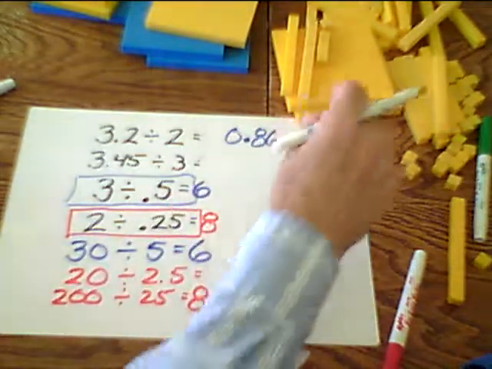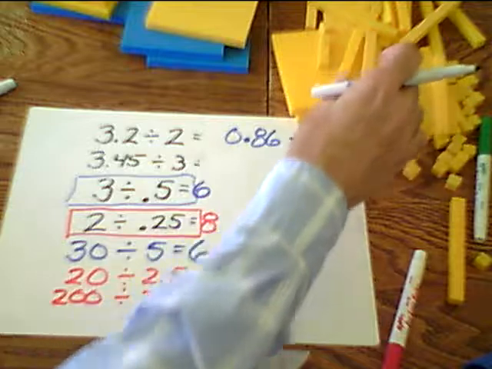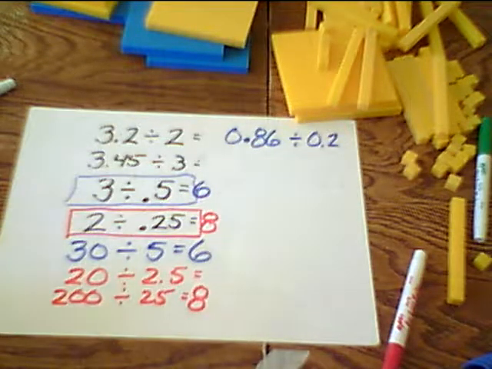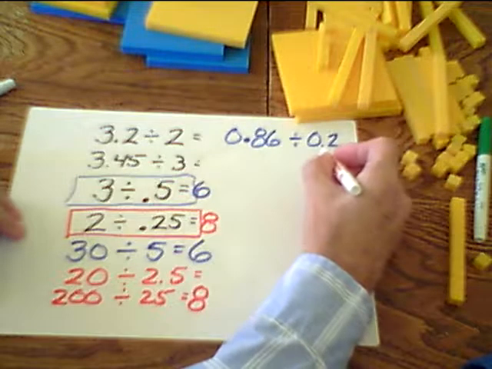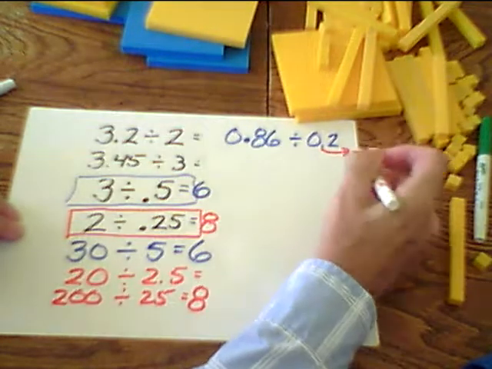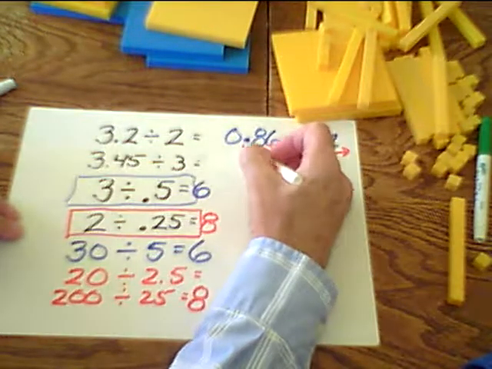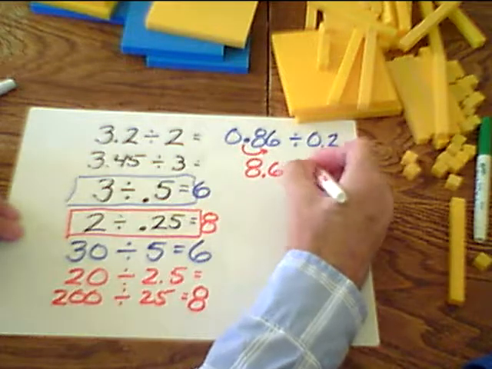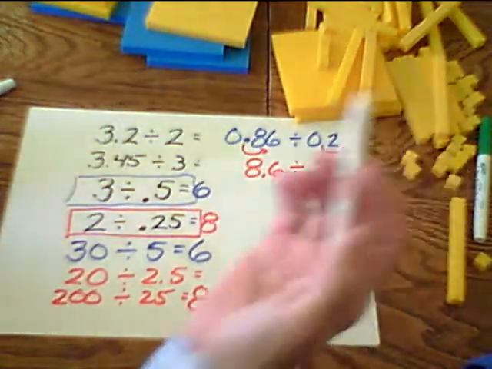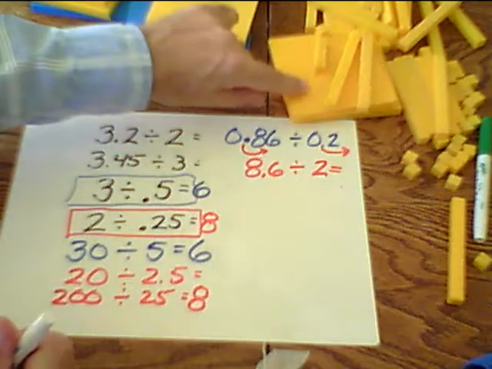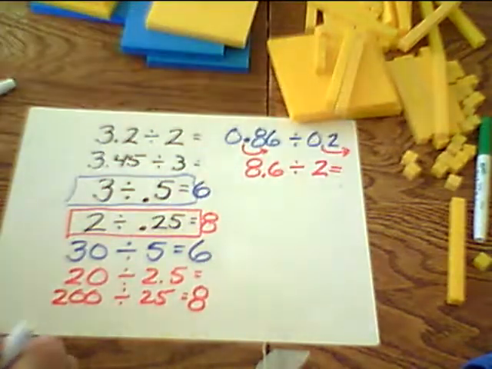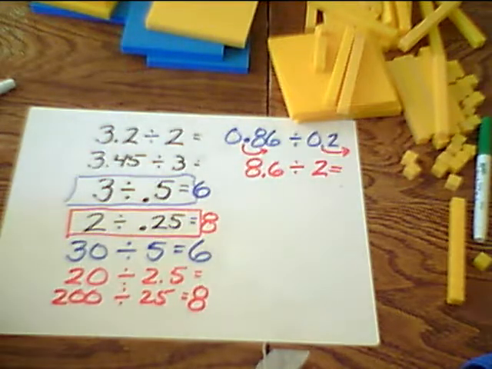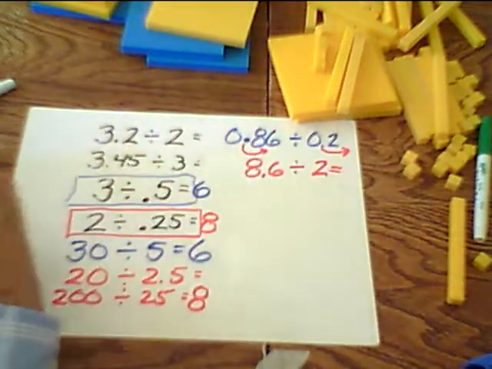So I'm going to take 86 hundredths and divide it into 0.2 groups, or 2/10 of a group, and that's kind of difficult. So how about if I make the group an even number, multiply that by 10 to get two groups, and multiply this by 10, and so now I get 8 6/10 divided into two groups, and suddenly, again, that's very understandable. So 8 of these, 6 of these, divided into two groups. You can see I'm going to have 4 of these and 3 of those. And by long division, this would have been